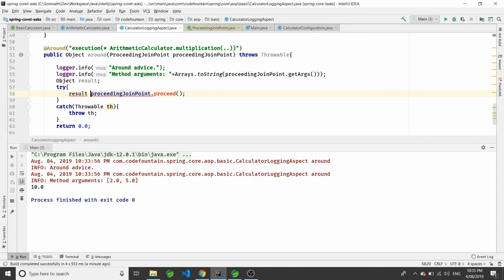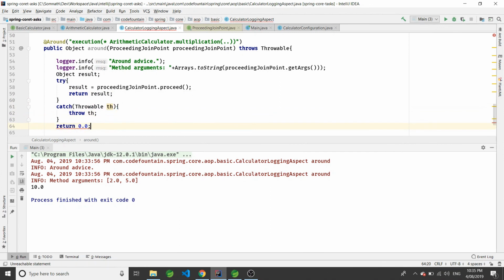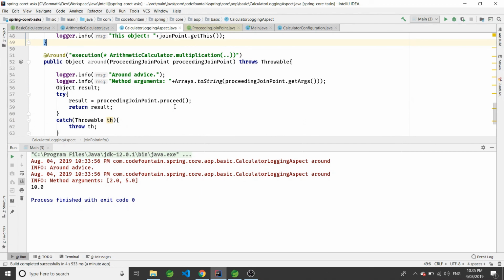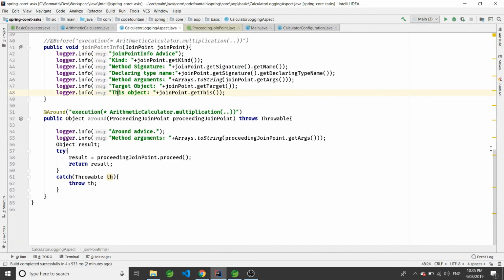Okay, and then result will be this. In that case this will be dead code, so let's remove it. The reason I'm catching this result is in case you want to send some default response from a Throwable, we can do that as well. This around advice, as we discussed earlier, is the most powerful type of advice. It has the ability to decide whether you want to call the actual method invocation or not based on the args, or even the ability to change the arguments.